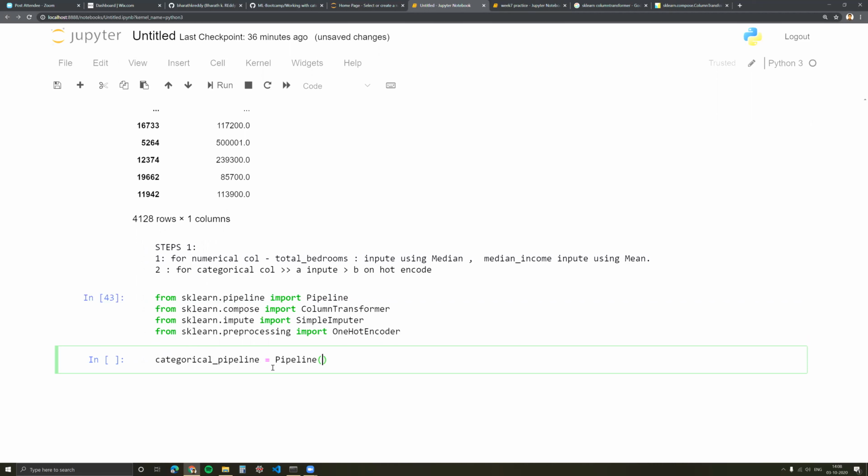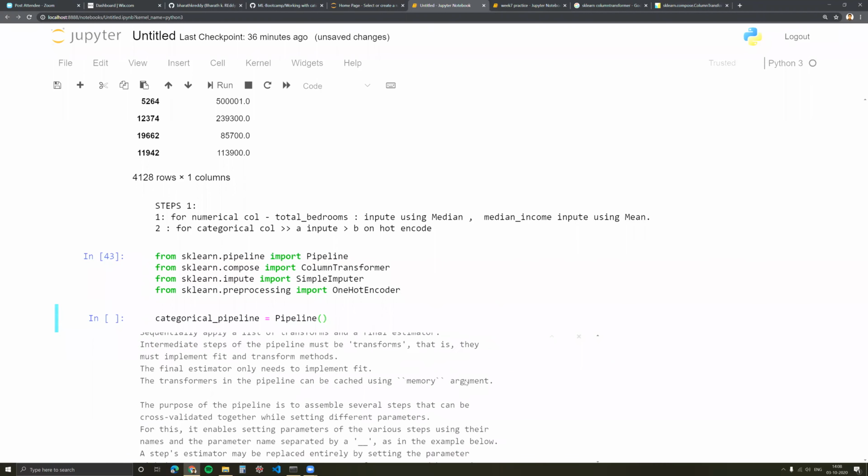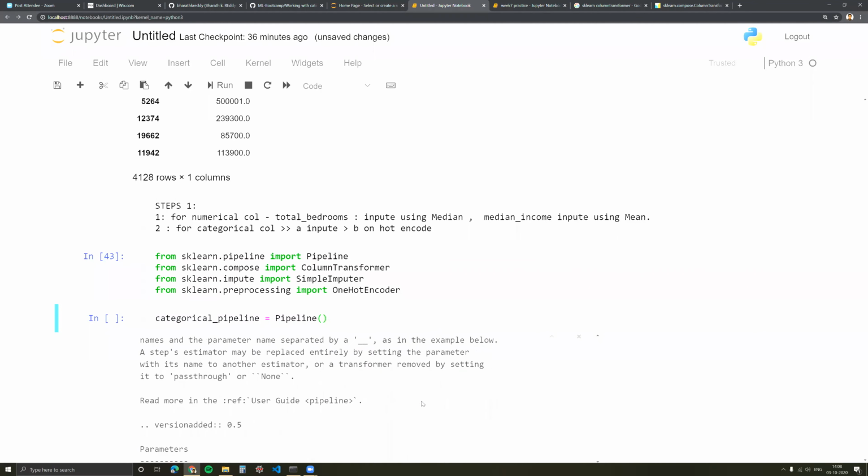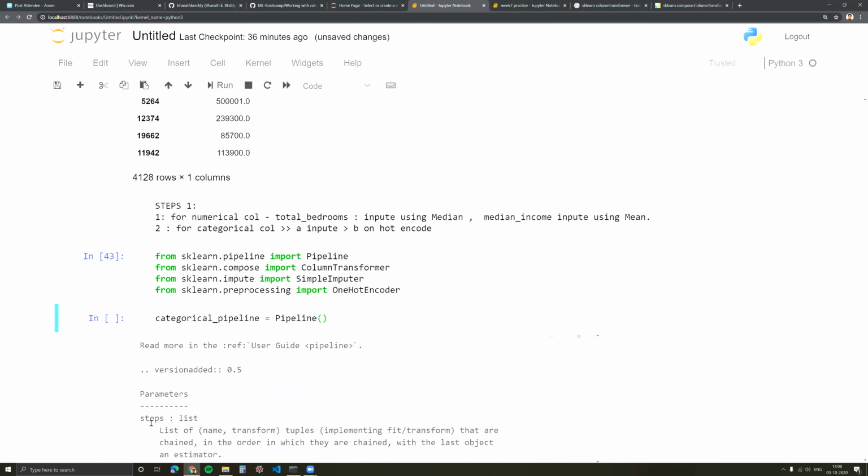I'm building a pipeline. So if I see the documentation, Pipeline would just need a series of steps and the rest are all optional. So what are these steps? Sequentially apply a list of transformations and a final estimator. Okay, so it is a list.